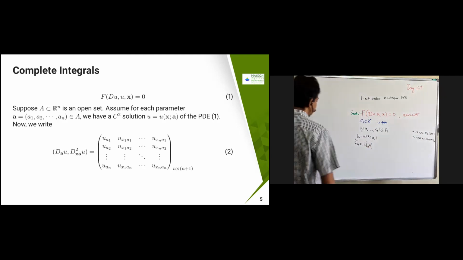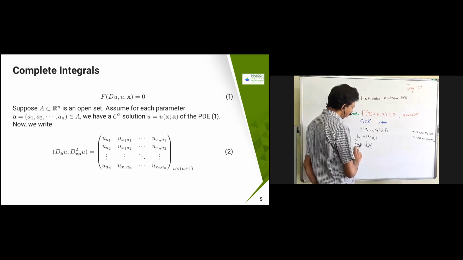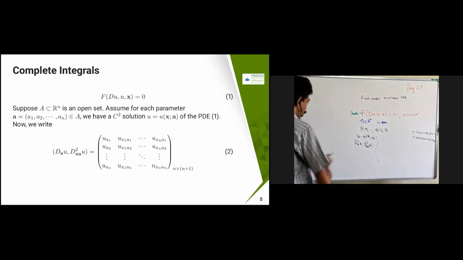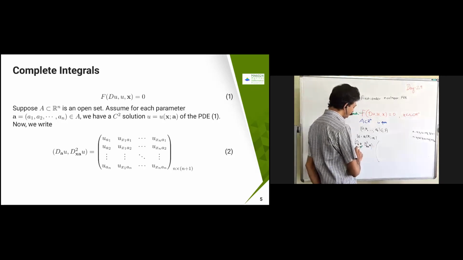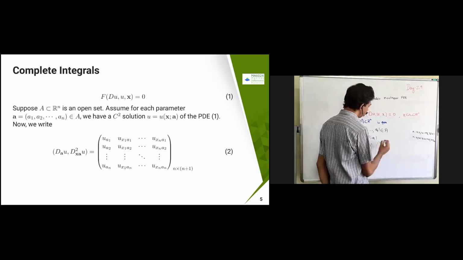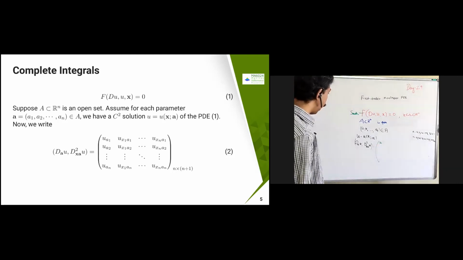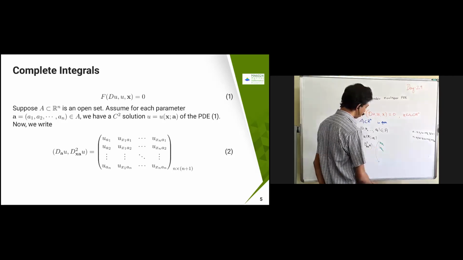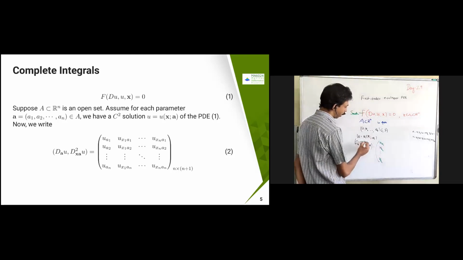So you have n parameters. You take the derivative of u with respect to a, and I am going to fill it as the first column of this matrix. The first column is going to become u with respect to the first a variable. a is having a1, a2, an, therefore this is going to become u_a1, u_a2. So this is a vector. This itself will become an n by n matrix, with u_an coming. So I am just filling only this, correspondingly this one.